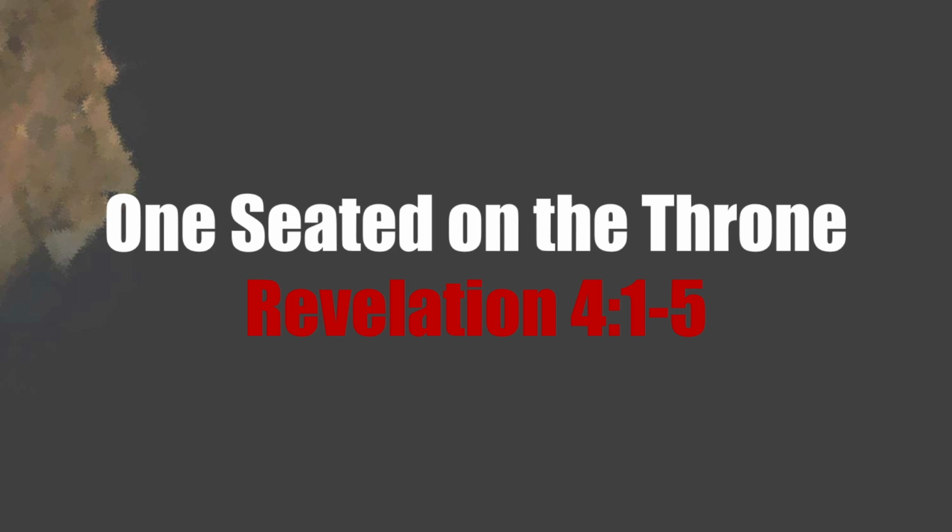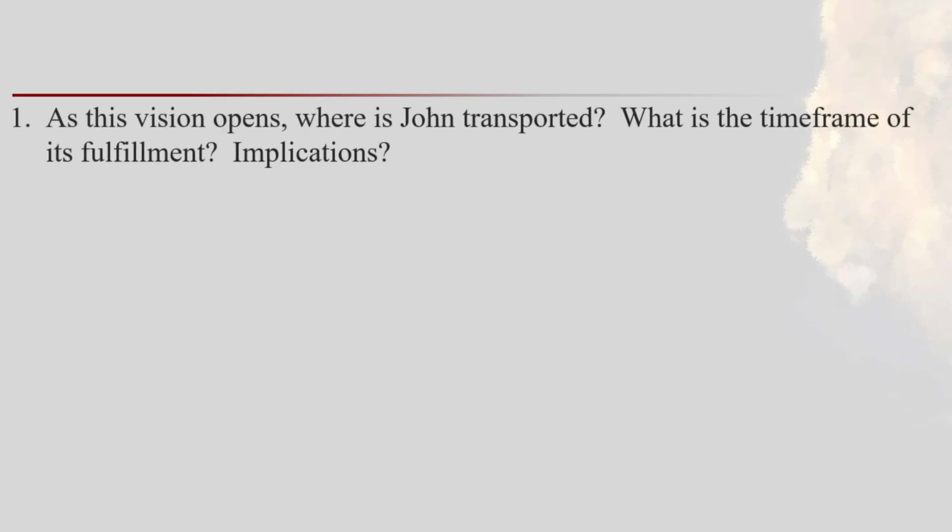What you're going to see as we go through these symbols is they're more like our words. Our words often have multiple meanings, and you have to consider the context and figure out which one of the meanings is intended by the author just by looking at the context, just like we do with our words. So if you have that same kind of imagination of how these symbols work like I did when I was a kid, it doesn't work like that. That makes our job a little bit trickier because we have to consider the context as we look at the meaning of each one of these symbols. So just keep that in mind as we go.